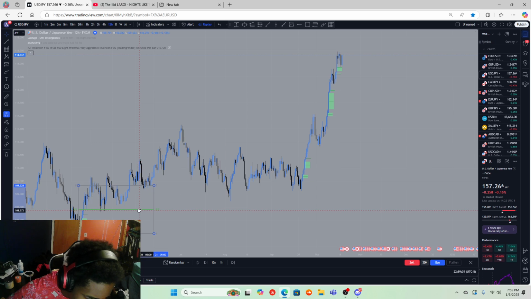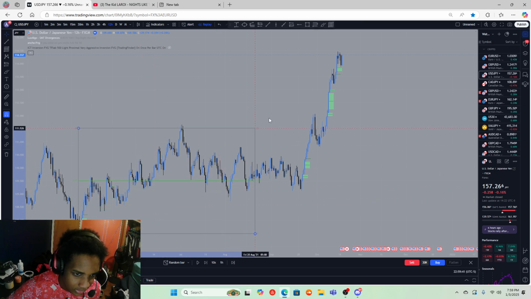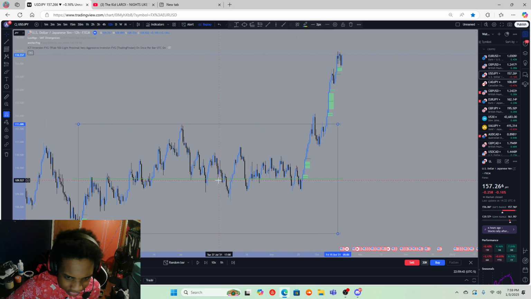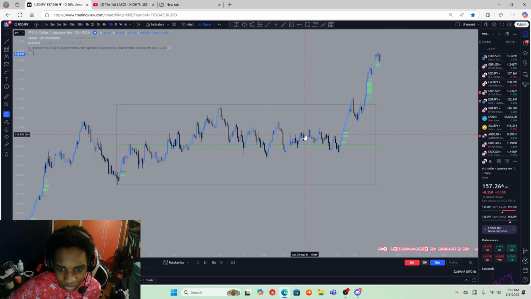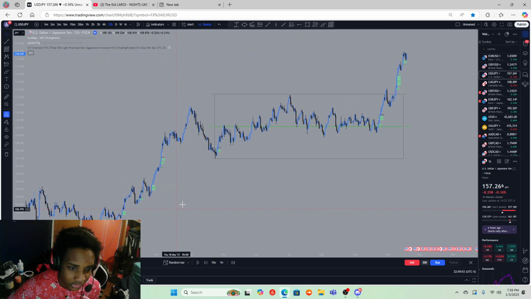You draw it from lows to highs. And this level here is going to be a retracement, and you can base an entry off this. If price wants to bounce off of equilibrium, well, there you go. It bounced. Price might reject off equilibrium, like it kind of did here. But you don't want to have your entry just based off of